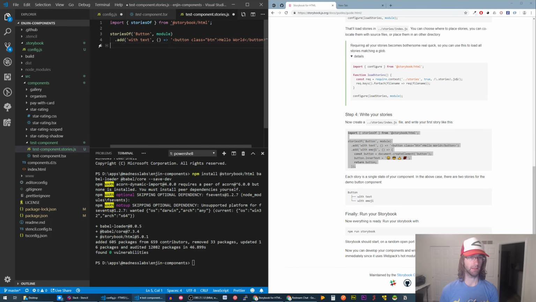Let's go ahead and clean this up a little bit, because we're adding 2 different states there. We only need one. The first thing is the name of the story that you're writing. This is usually going to be the name of your component. So I'm just going to do test component. And then here with text, I'm just going to say default because this is the default state. And then you can see here, all we do is we pass through the